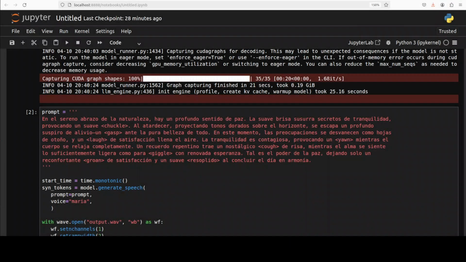Hay un profundo sentido de paz. La suave brisa susurra secretos de tranquilidad, provocando un suave al atardecer, proyectando tonos dorados sobre el horizonte. Se escapa un profundo mientras